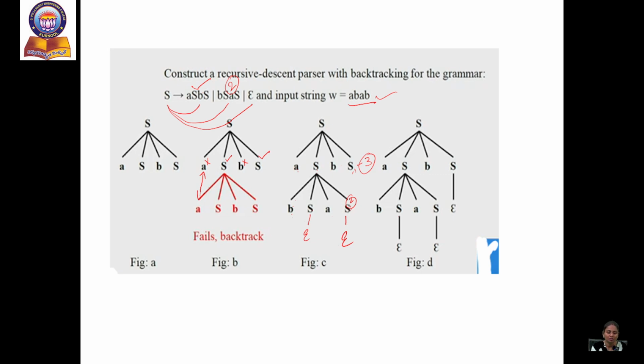So now it will check AB is there. So now the string is there, but still one more non-terminal is there. In this non-terminal also, first it is going to be replaced or elaborated with the first production, that is AS, BS, which does not match the input string. Again it chooses backtracking, and the second time it chooses BS, AS, which again does not match the wanted string. So again it is going to backtrack, and now the third time it replaces with